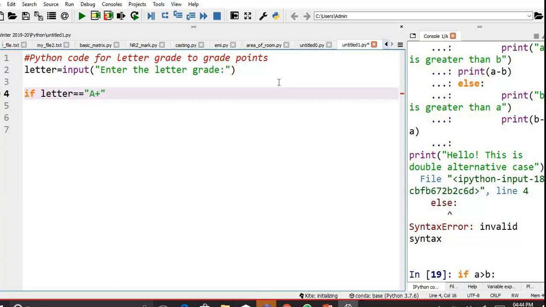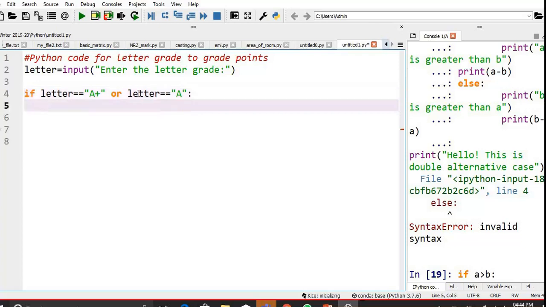I said for both A plus and A, the grade point is 4.0. So what you can do, you can write two times if, then elif also you can use, or alternatively, other than conditional operator, I am also using logical operator or. Letter double equal to A. So we need to terminate with colon.